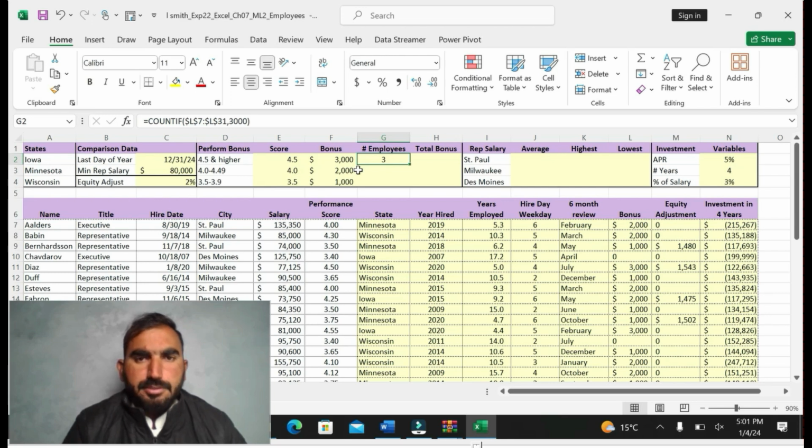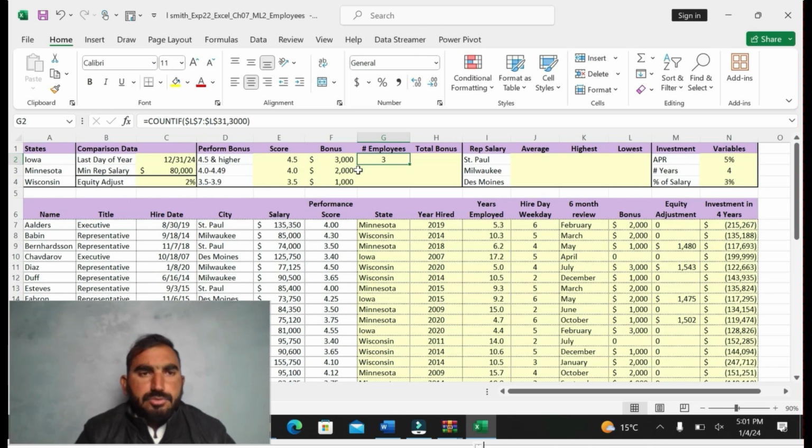I am going to make a copy of cell G2 and paste into G3 to G4.